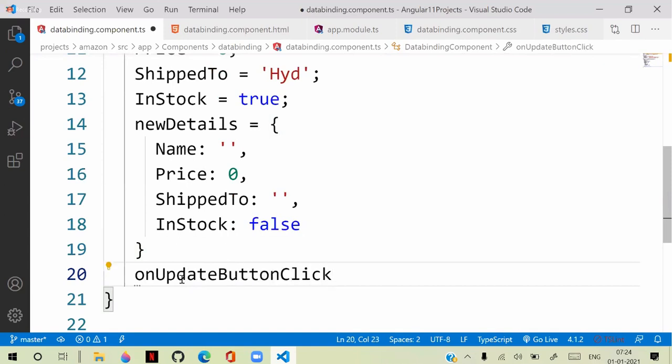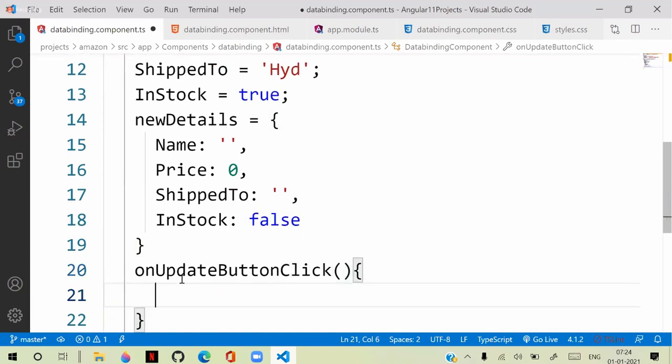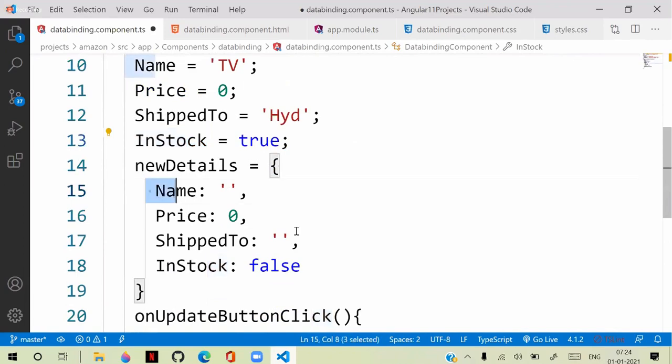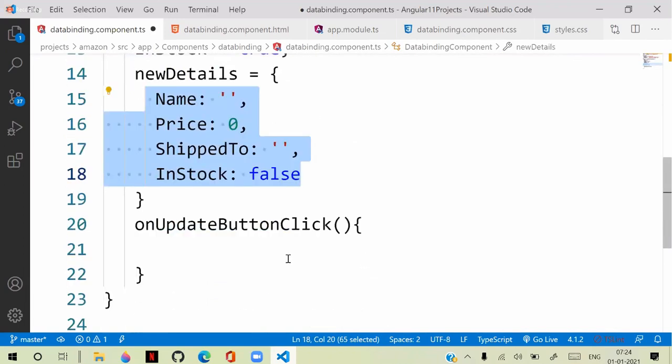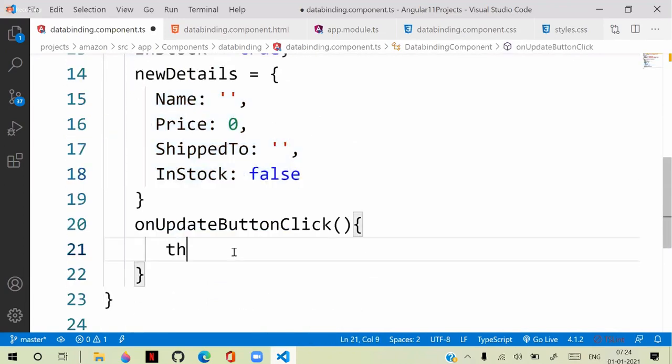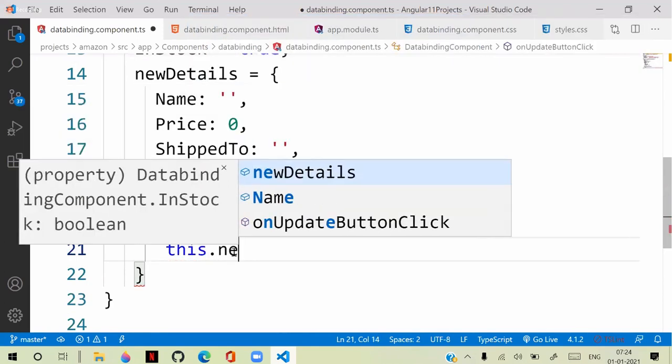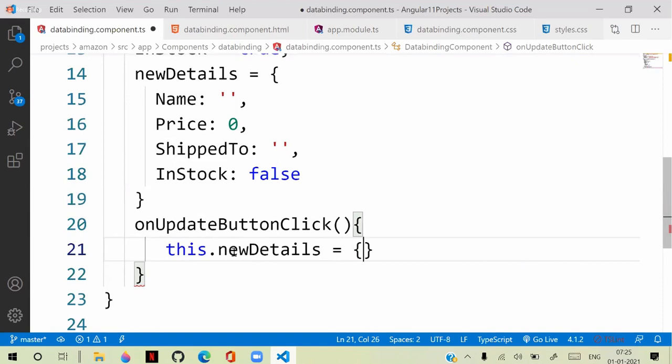This function should collect the data from this.name, price, shipped to, in stock, and update it into newDetails. This.newDetails is an object.